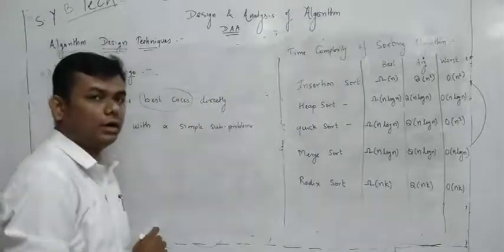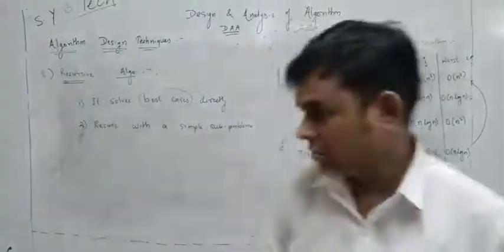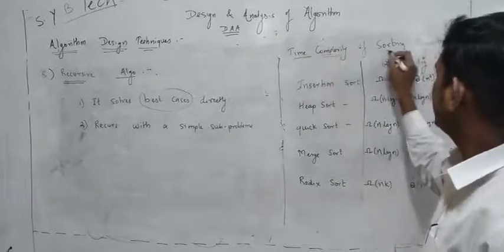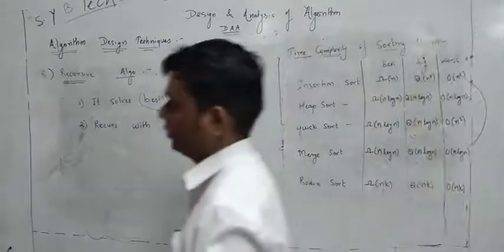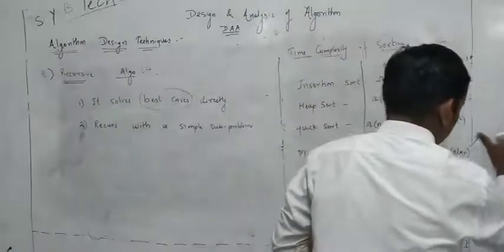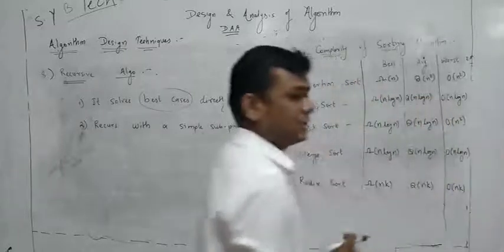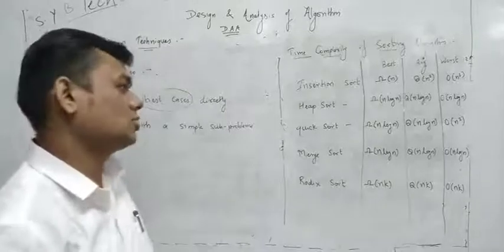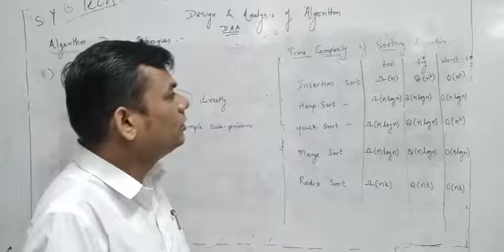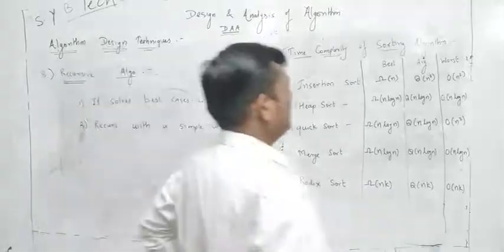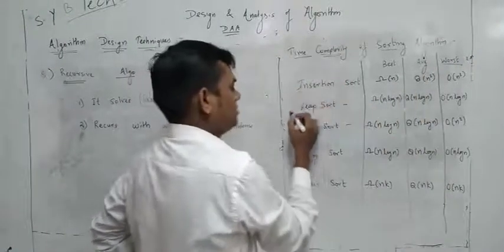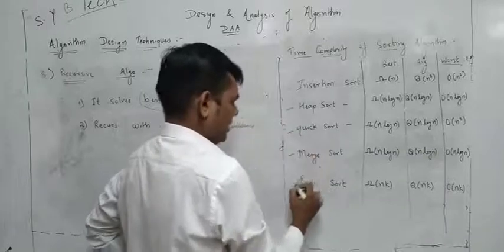So up to those 8 algorithm techniques, we go for the next and very important table, that is the time complexity of sorting algorithms. This is very important. Basically there is one MCQ question on the time complexity of, for example, merge sort, insertion sort, quick sort, heap sort and radix sort. In that table I have given you the best case, average case as well as worst case for the sorting algorithms: insertion sort, heap sort, quick sort, merge sort and radix sort.